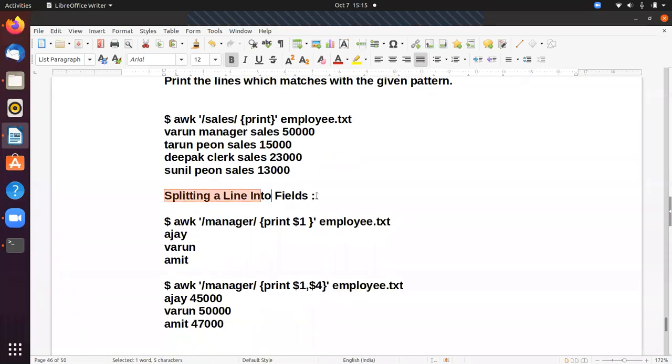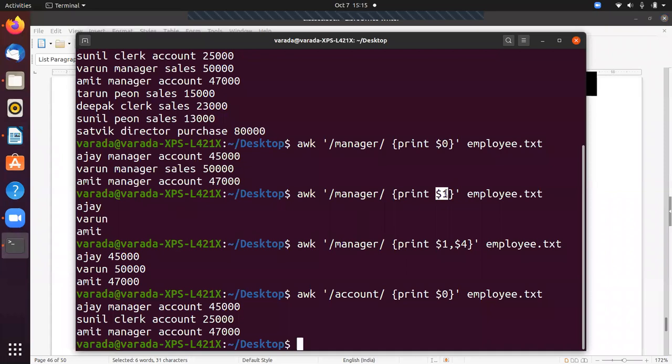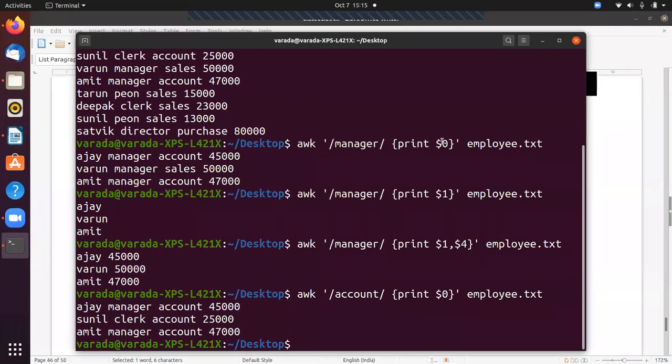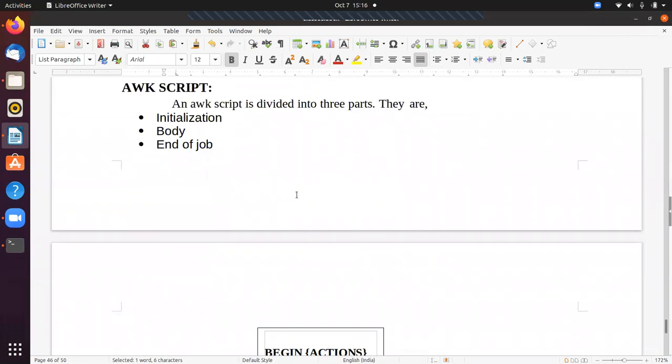Next one, splitting a line into fields. So how can we split? Already we discussed that, by specifying the field name. If I am giving the print command directly, it displays the entire data. If I am not giving $0 also, the output is the same. Okay, so now if I want to know only the names, then I can give $1. Okay,